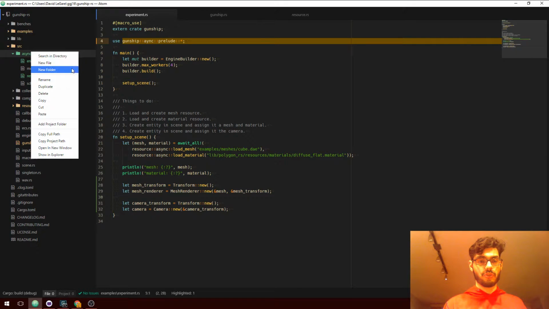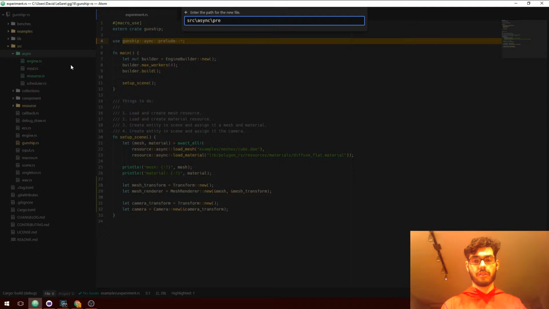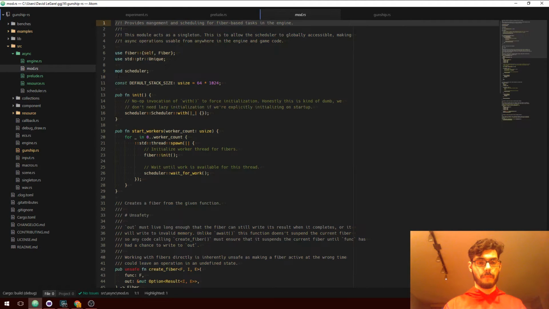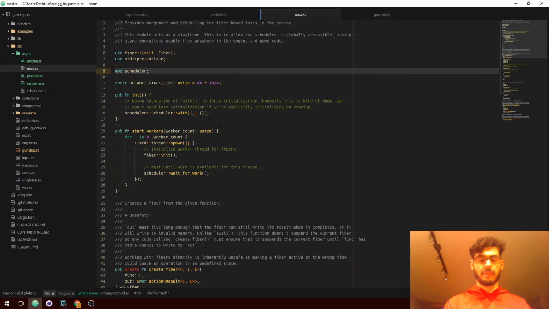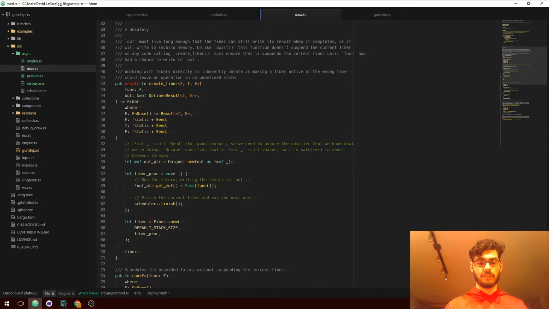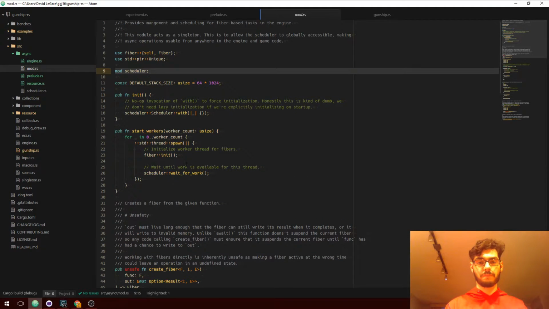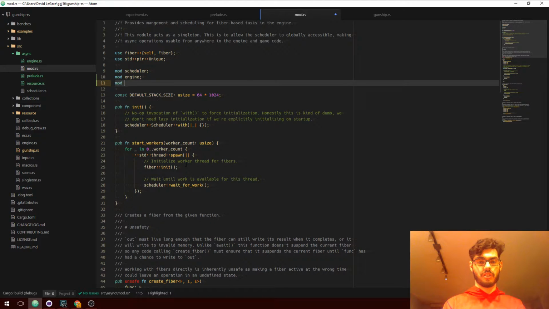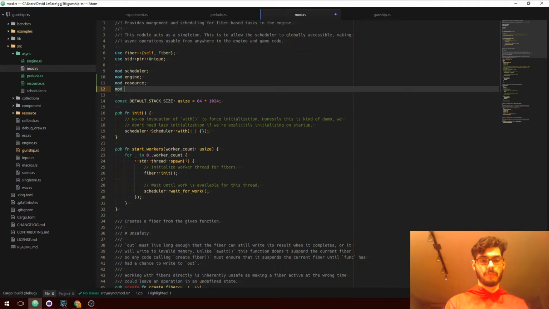And in here I can do new file, prelude.rs, and mod. So we got mod scheduler, and all this stuff that's in the module should probably get moved into scheduler. And then we've got mod engine, mod resource, mod prelude.